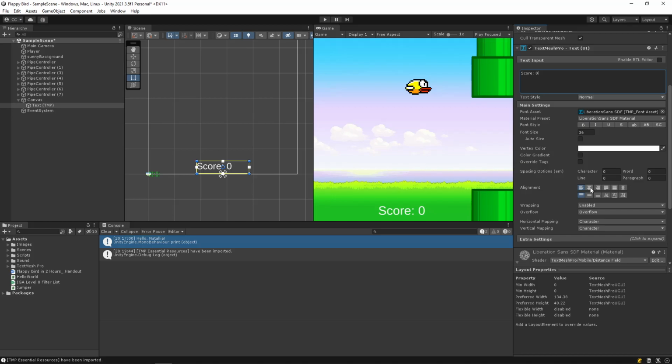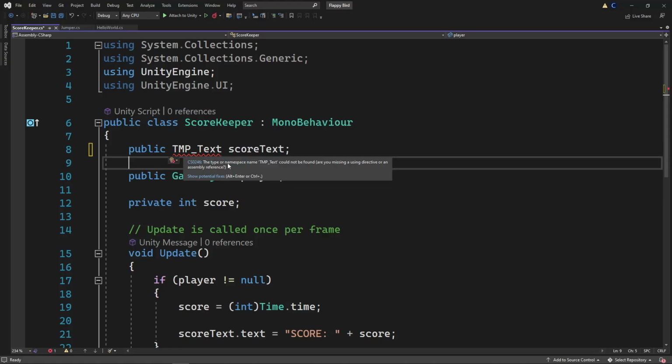I'm just doing this to quickly fix this error, but you'll notice that in my case it actually has some squiggly lines because this is an external library. I have to add in a new one. So I'm going to type in this line up here, using TMPro, TextMesh Pro, at the very top.